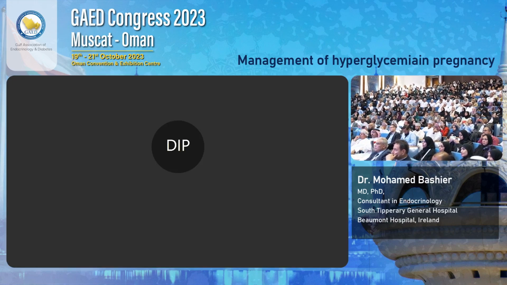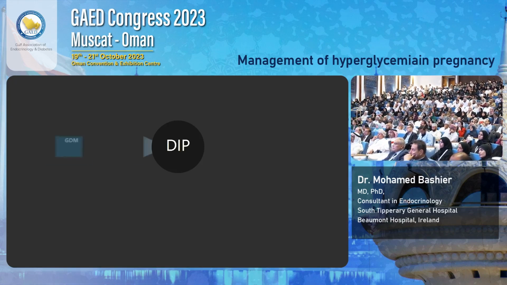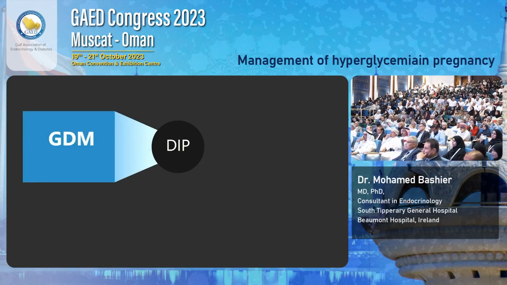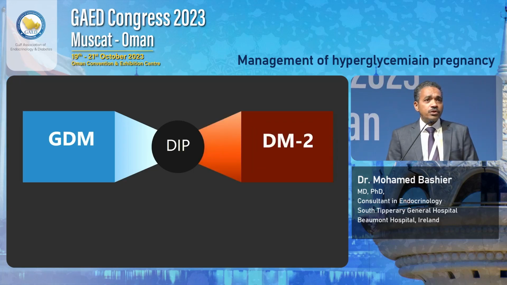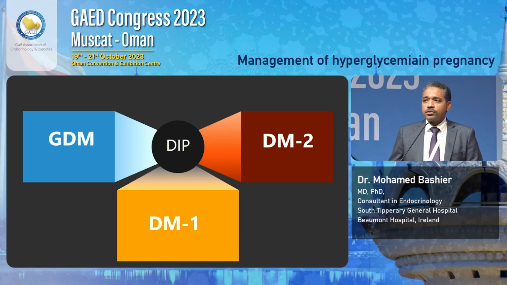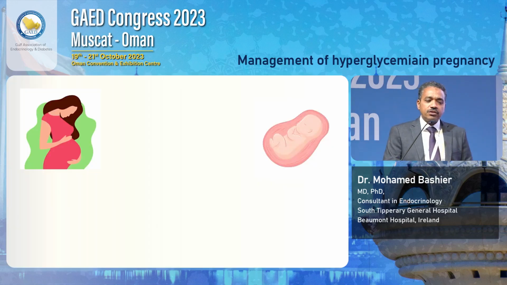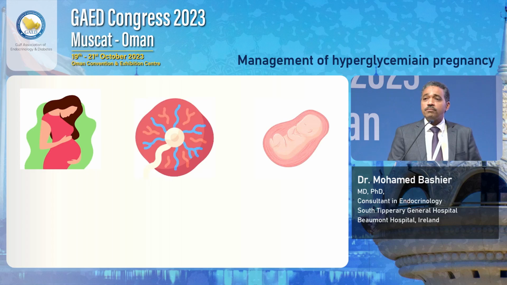And there are three different forms of diabetes in pregnancy. They all come under the same category, but gestational diabetes is the most common that you see in your clinics. Currently, the second most common one we're seeing is type 2 diabetes, and there's type 1 diabetes. They're all called diabetes in pregnancy, but they are three completely different diseases, and they require different approaches. And one of the main factors that makes them different is that the relationship between the mother and the offspring that I just told you about is accumulated through the placenta.